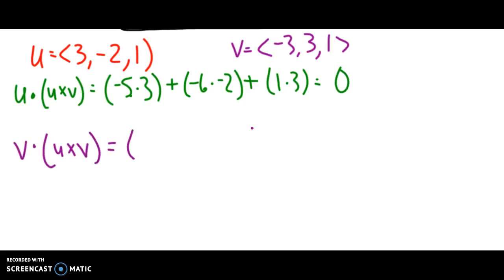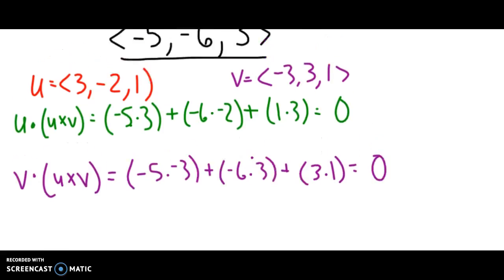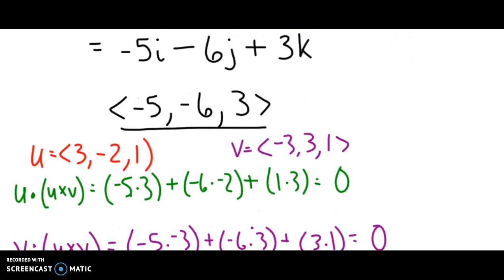And so I get negative 5 times negative 3 plus negative 6 times 3 plus 3 times 1. Well, negative 5 times negative 3 is positive 15 plus negative 6 times 3 is negative 18, so that's negative 3 plus positive 3 is 0. So it's orthogonal to both of them. So did we do this correctly? We did. So this right here is u cross